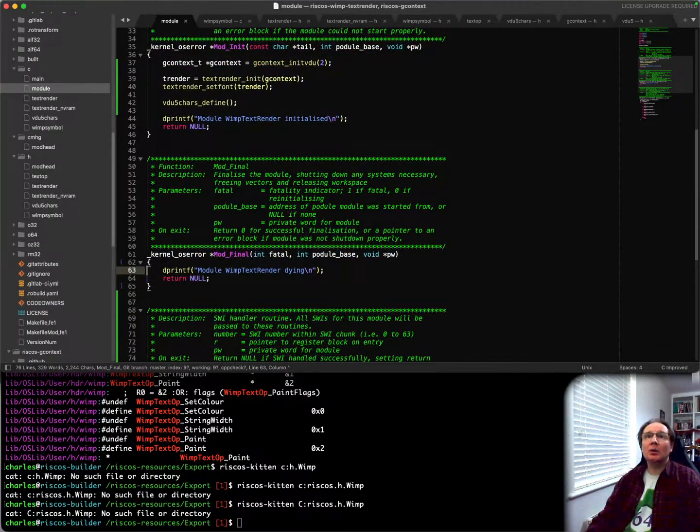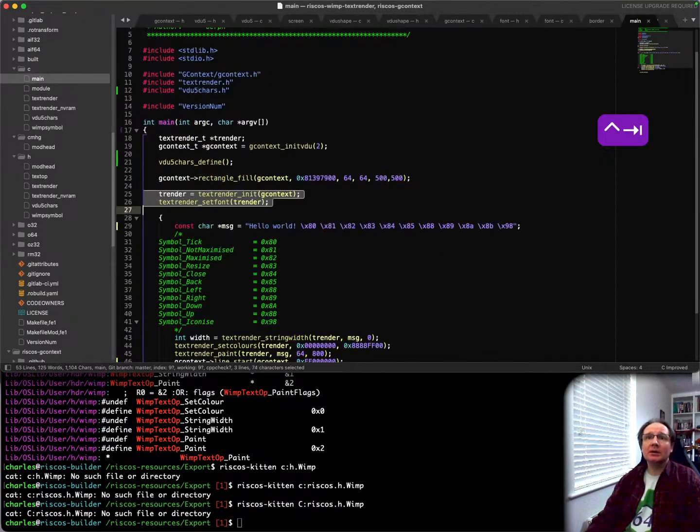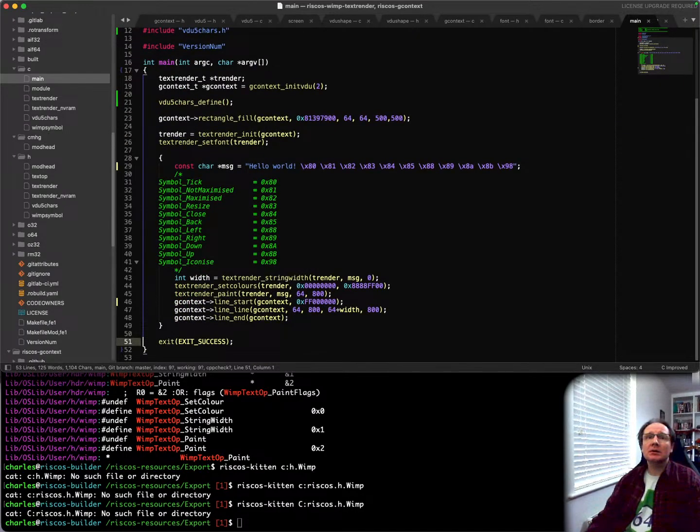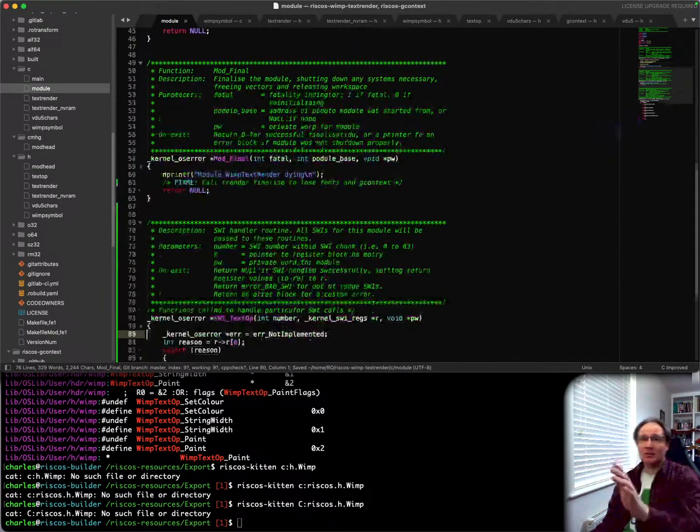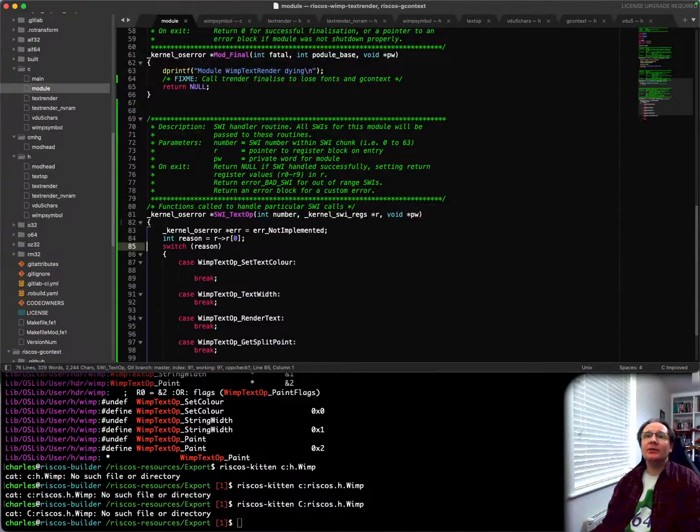Finalizing, we probably want to shut things down, don't we? Do we actually have a shutdown? We must have a shutdown. Fix me. Call trender finalize and G context. To lose fonts. There we go. We need to do that as well, otherwise we'll be leaking. In text op here,